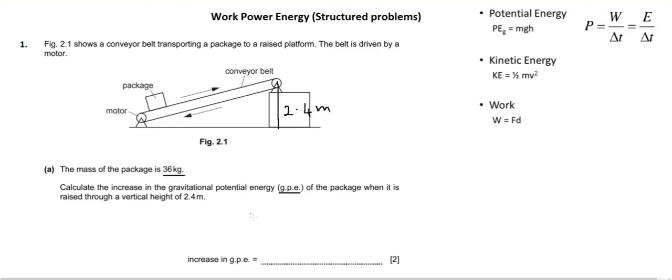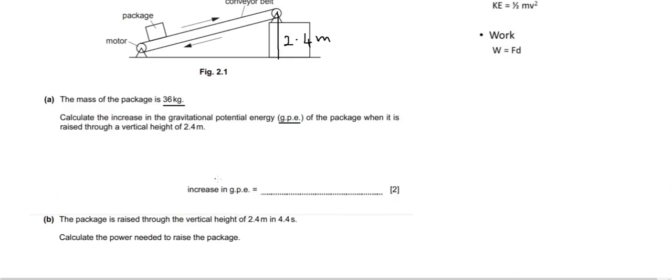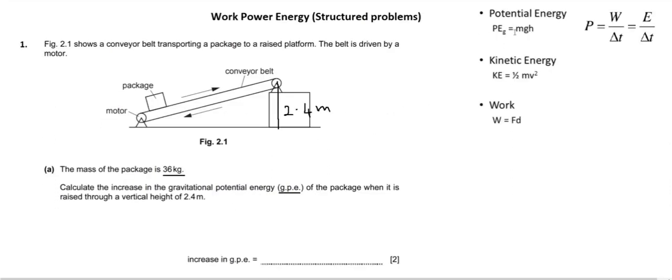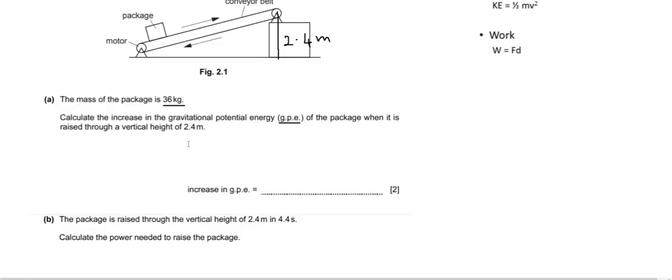So we want to calculate the increase in the gravitational potential energy, and we know the formula. All the formulas I have written over here, the potential energy, kinetic energy, work and the power, etc. So the gravitational potential energy is nothing but mgh,